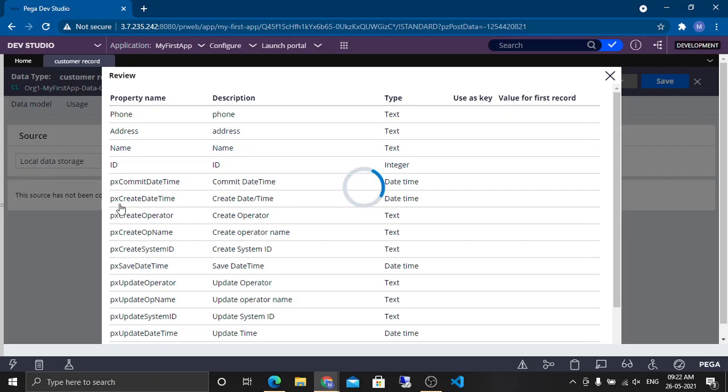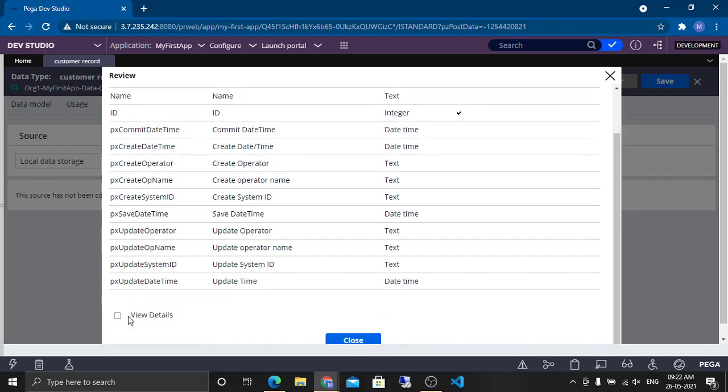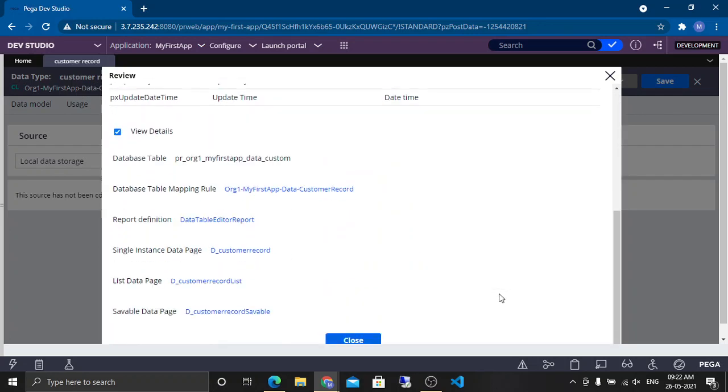So these are the columns that were created. And if I go check the details, this is the data mapping rule in Pega, responsible for mapping the class and the database table, and this is the dedicated table in the DB. This is the report definition for select queries, the default report definition. This is the single page to get a single record based on the primary key. This is the list, to get the list of all the records.